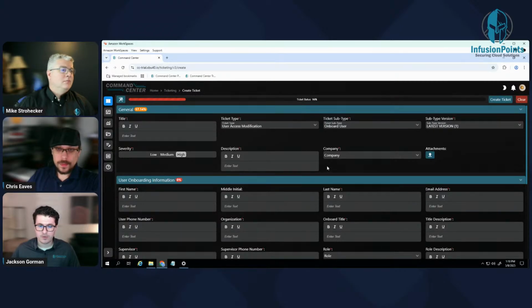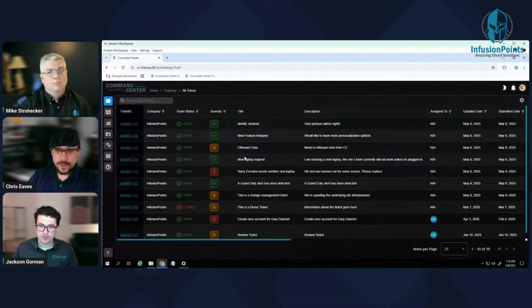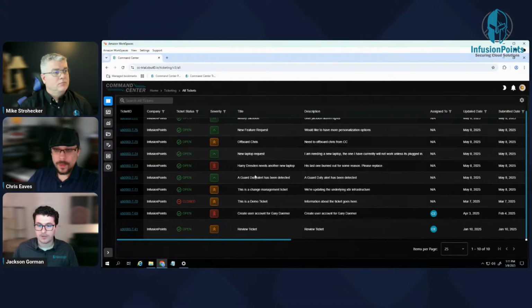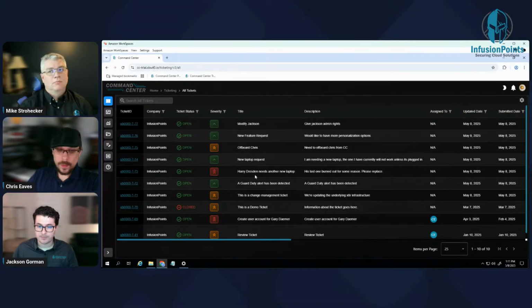Chris, let's pop over to the all tickets page. Another advantage here is the automated vulnerability ticketing, which plugs directly into our other service offerings, our ATO acceleration offerings, such as Accelerator and XView 40. But we can also integrate with common scanning solutions such as Nessus, as well as AWS Inspector for that cloud native approach. And with that, you'll see